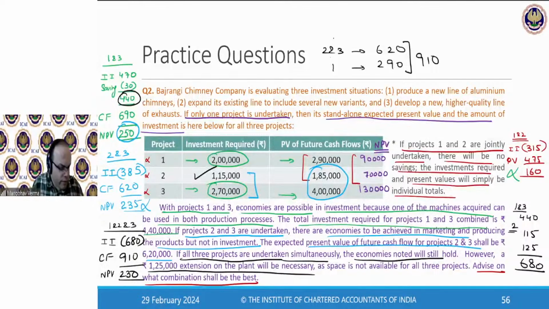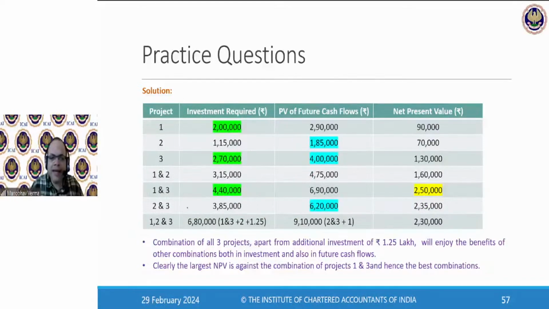That's a close call from the combination which was leading till now. The combination of 1 and 3 was leading till now at 250, not even 235, 250. So 2 and 3 at 235 is gone. 1, 2 and 3 is also 230, so it should be automatically rejected because it is even lesser than 2 and 3. So upon evaluating a lot of combinations, what we are getting here is that this particular combination